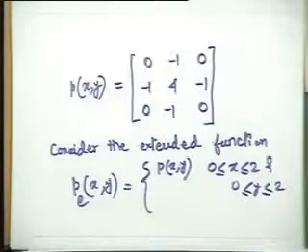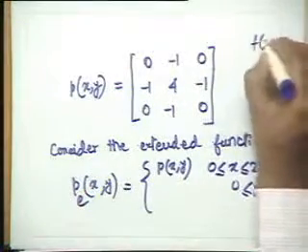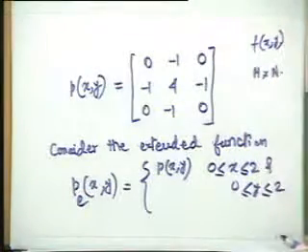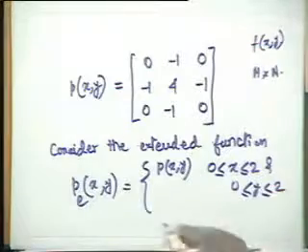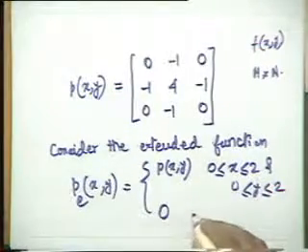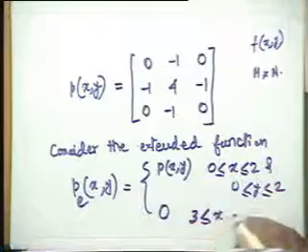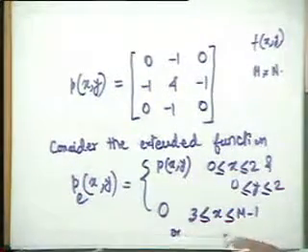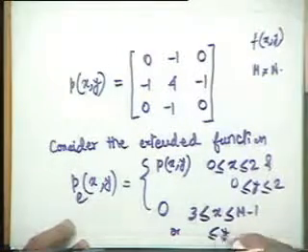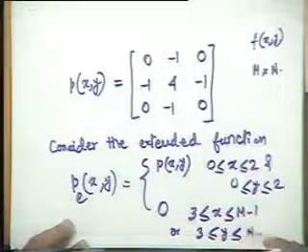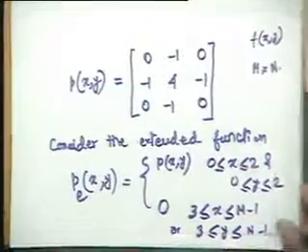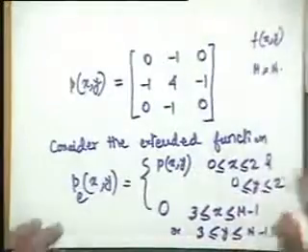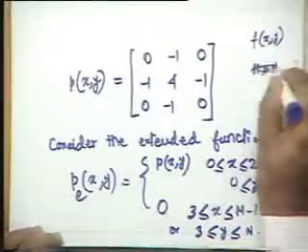Because let us consider that the size of the image f(x,y) is going to be M by N. All right. So we are going to have pe(x,y) equal to 0 for x lying between 3 and M minus 1, or when y lies between 3 and N minus 1. Okay. So what we are going to do is, this f(x,y) we are not choosing of size M by N,